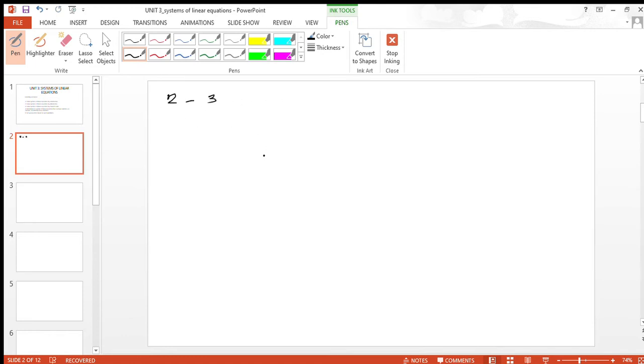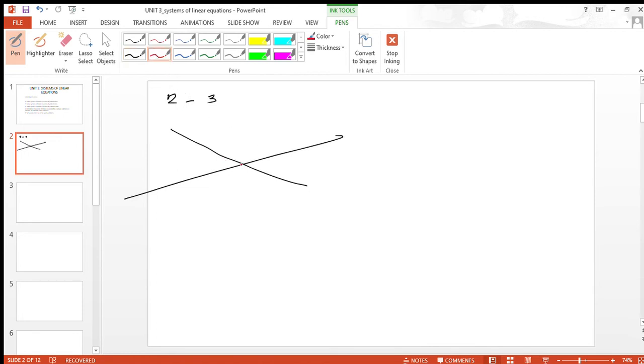Okay, two and three unknowns. So if we have two unknowns, each equation will be represented by a straight line. And if our lines would be intersecting,